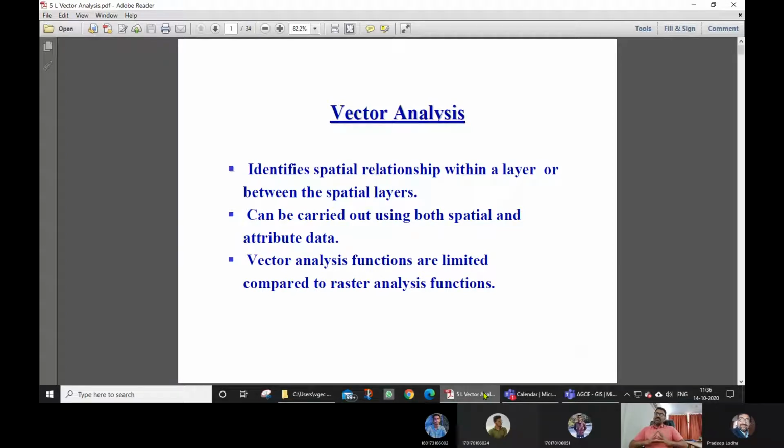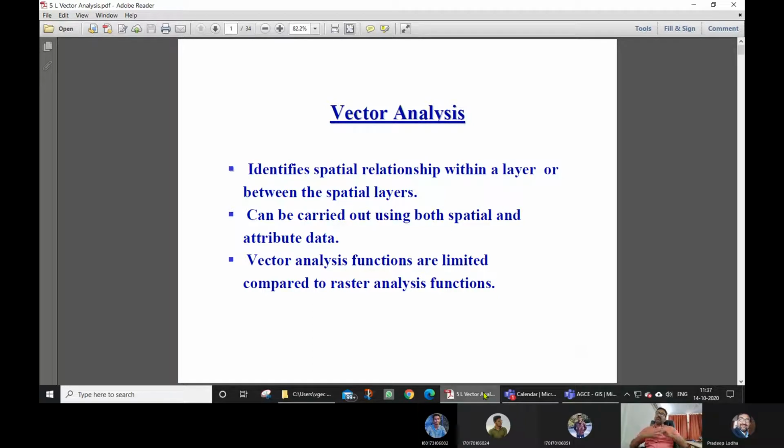These have two different formats to store the data, a different way of storing the data, a different way of retrieving the data. So their operations, their analysis are also a bit different. We need to understand which spatial data model is more suitable for our analysis.